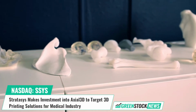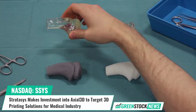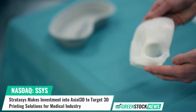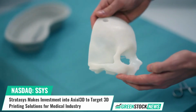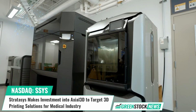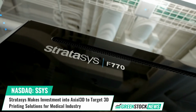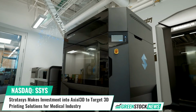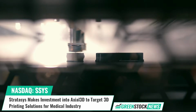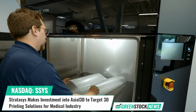Stratasys has announced the closing of a $15 million investment into Axial3D, a leader in medical segmentation and 3D printing. The two companies plan to launch a joint offering that will provide patient-specific 3D printing solutions to hospitals and medical device manufacturers. The Axial3D AI-powered algorithms allow healthcare providers to segment CT and MRI scans without significant investments in time